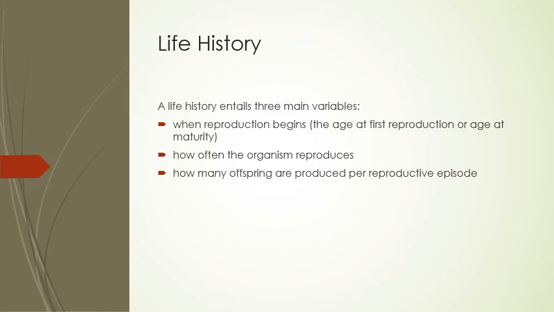For humans, the age of first reproduction is early teens. That's when you're capable of reproducing. Doesn't mean it's a good idea, but that's when you're capable of reproducing. How often you can reproduce? A human female can reproduce roughly once a year. How many offspring do they produce? 1 each time, except in rare circumstances. Compare that to cats. Cats are reproductively viable, I think, within the first year, maybe a year and a half. Then every 3 to 4 months, they can produce a litter of 10 to 12 kittens. Totally different reproductive strategy than we have.